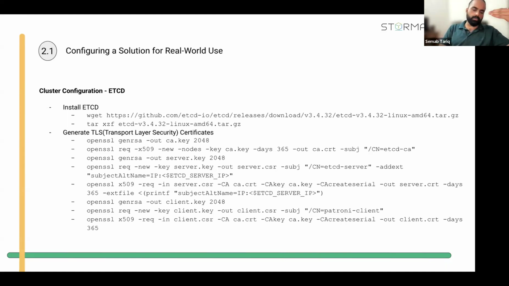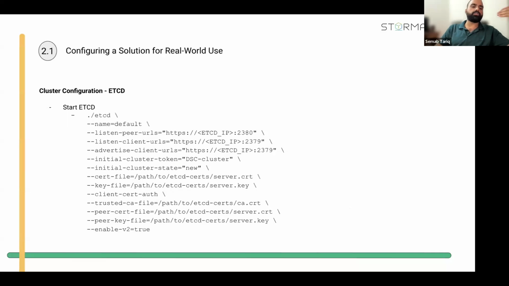So once you have created these certificates, the next step would be to actually start the etcd node. This is how you can simply start the etcd node. You can do that manually, but you can also create a service for etcd as well. You can create a service file inside your service manager, and then use the systemctl start etcd command to start and stop the service from whatever service manager you are using. So this is a pretty straightforward command to start etcd on your